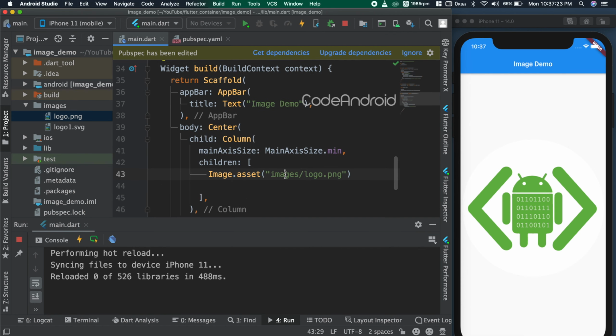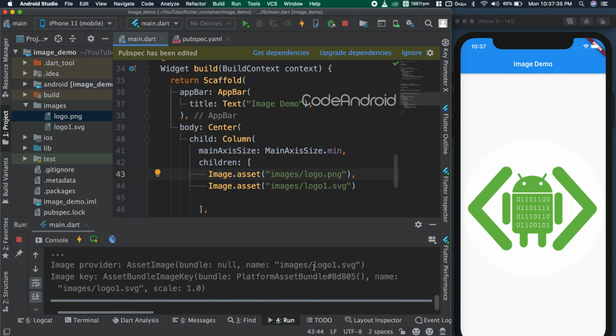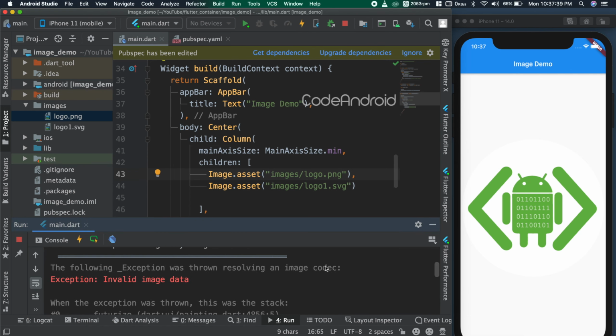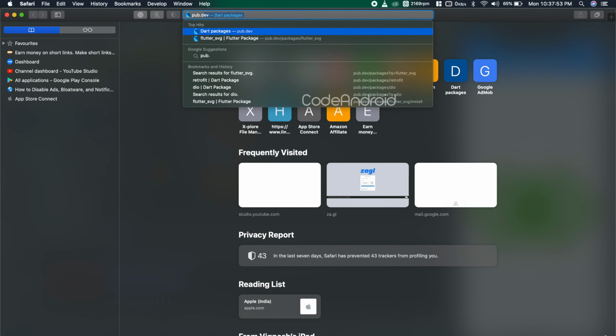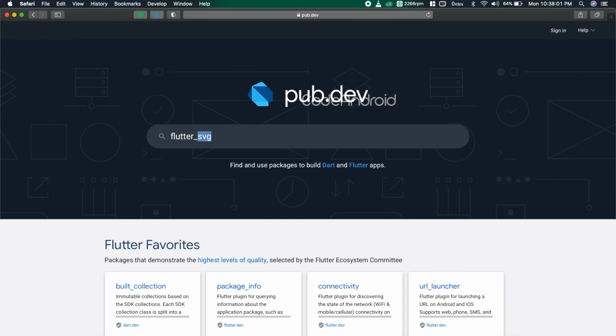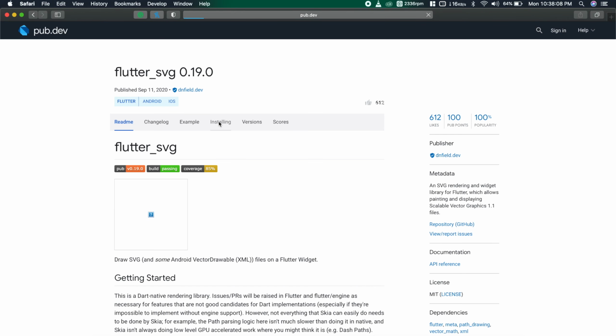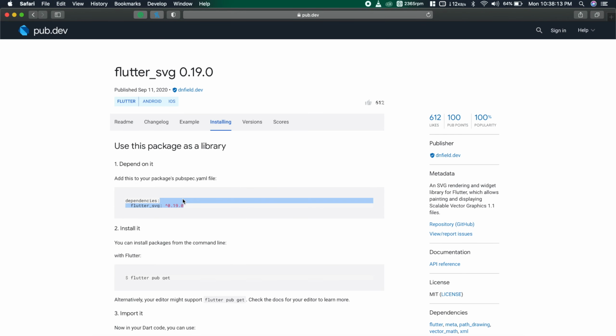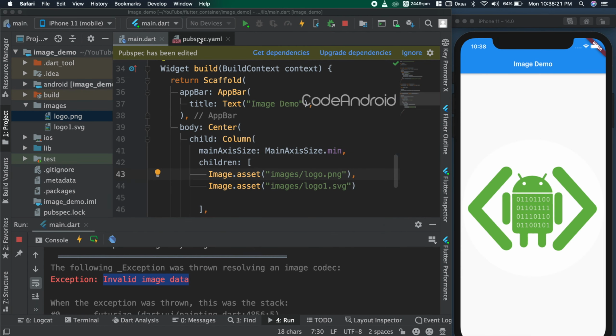When we try to duplicate this and use the SVG file, we will get an error because Flutter natively doesn't support SVG files. To use that, we need to use a plugin called flutter_svg. To add this plugin, copy the dependency and add it in your pubspec.yaml file.